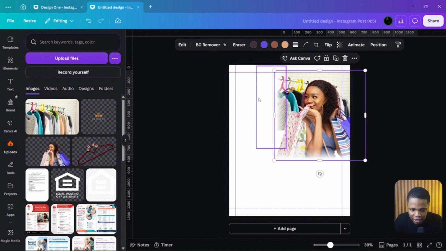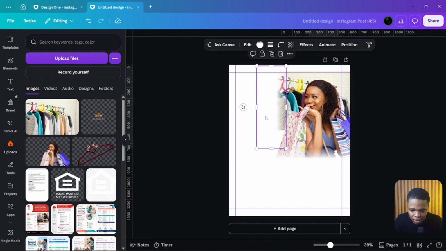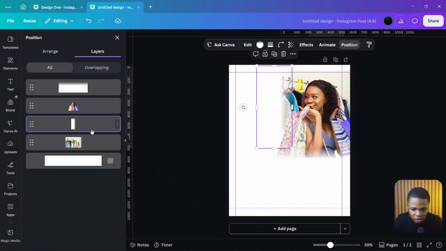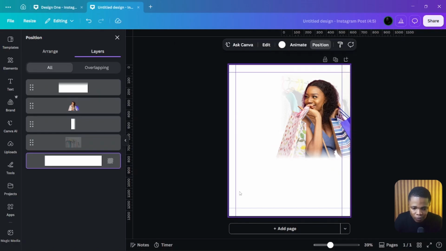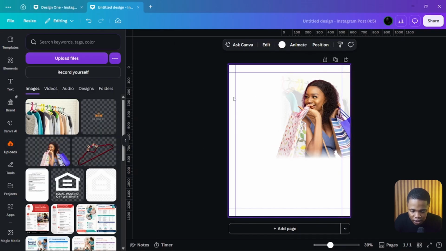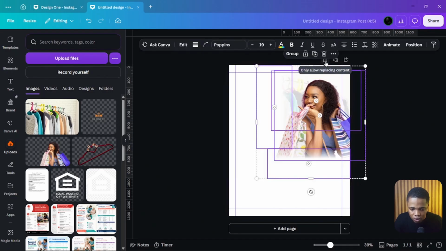Alright, so we can easily access the ones at the back. Then let's drag it a little to increase the fading, and go to position and select that. Then we'll have to fade the closet, the wardrobe at the back. Alright, successfully faded. So what we now have to do is to select all and lock, so it doesn't